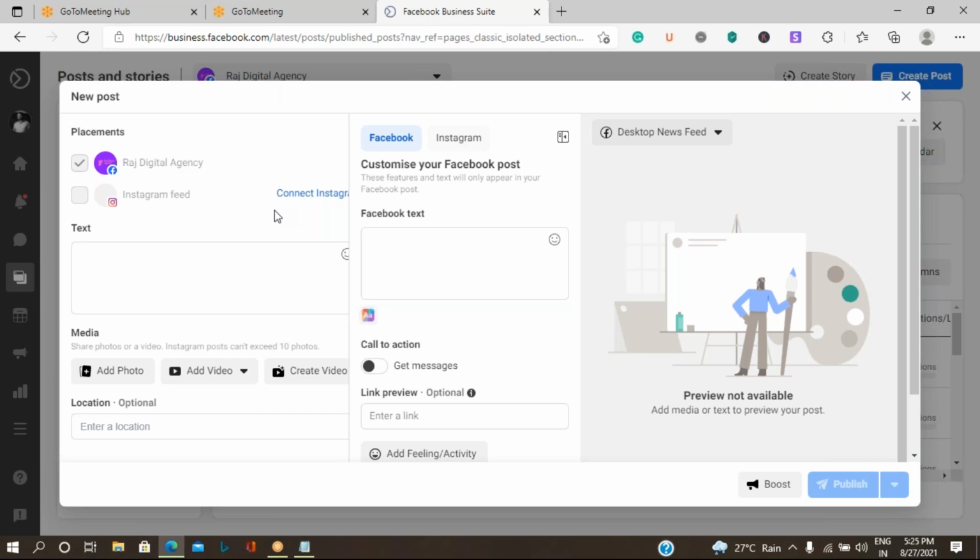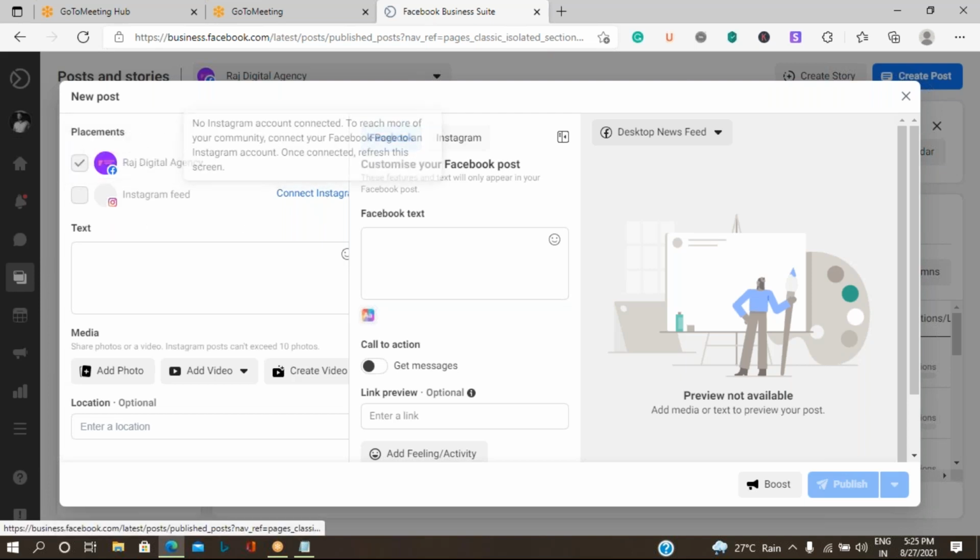If you are interested in connecting with your Instagram account, as per our yesterday's discussion, we can connect it with our Instagram account through Facebook. So once it is connected, it will automatically show your Instagram account.